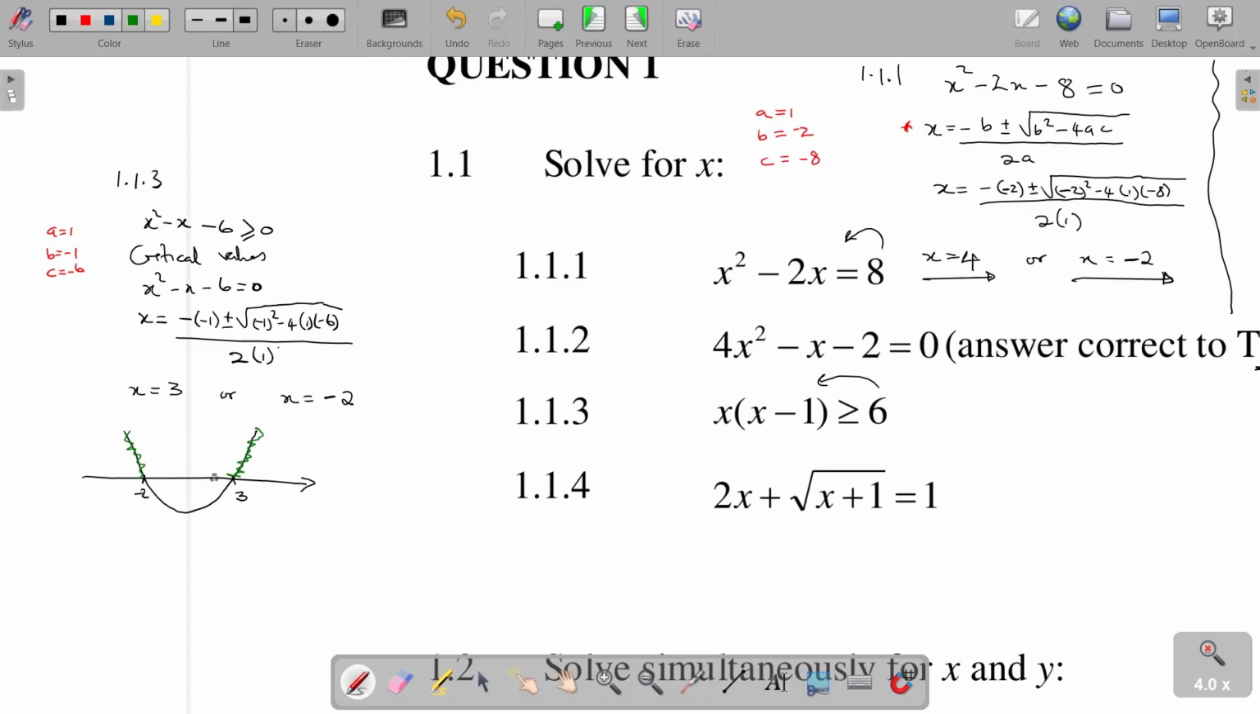As we can see, it means we are talking of from -2 going to the left, or from 3 going towards the right. The inequality therefore is going to be written as x is less than or equal to -2, or x is greater than or equal to 3. This becomes our final solution. Then we move to the next question,